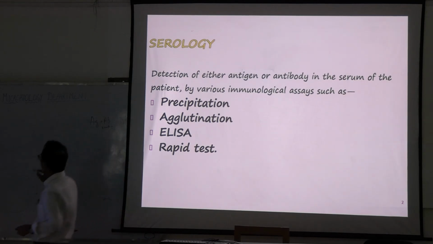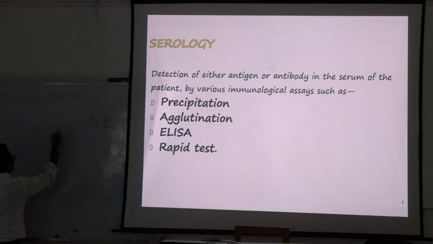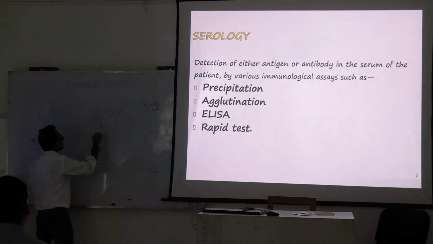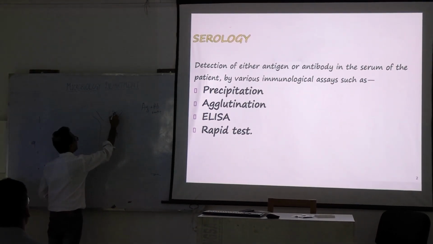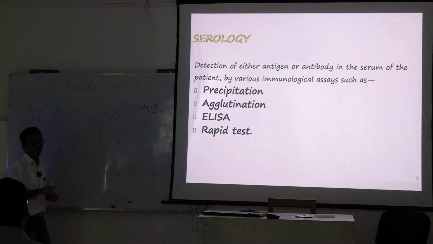Before we go, this is an antibody structure. This is the light chain, this is the heavy chain. One is the variable portion, one is the constant portion. So which part of the antigen is usually